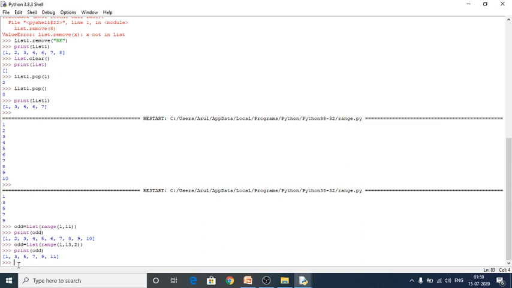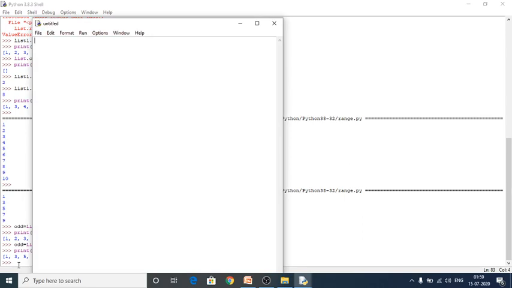Okay, so next one is another example for your reference. I'm going to give squares. Squares is equal to an empty list. Within the squares I am going to add the elements with the help of append function. So for x in range 1 comma 11, next one is s is equal to x double star 2.